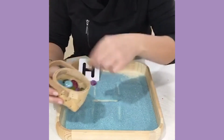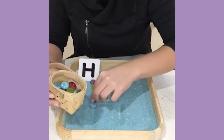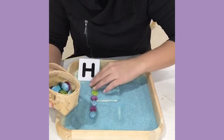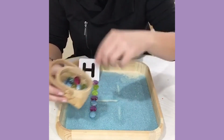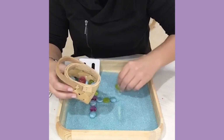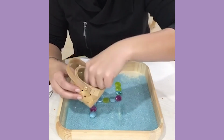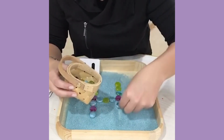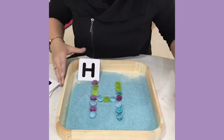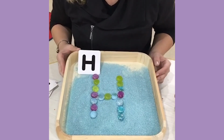You could use plastic beads or glass beads or whatever kind of small manipulatives you have, and then they can write the letter with this sensory experience. So I don't really have kids throw these, and I only use them with my pre-K students, which are my 4s turning 5s. So I don't worry too much about them putting them in their mouths because they're not mouthing anything anymore. But it's just another sensory way for them to practice making the